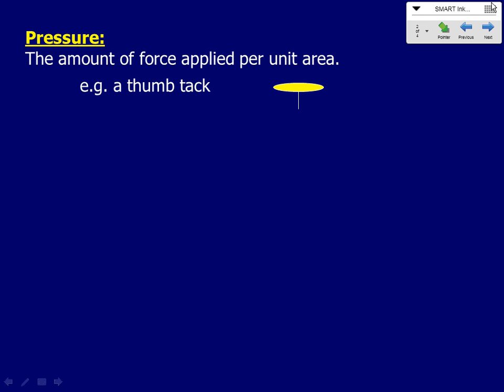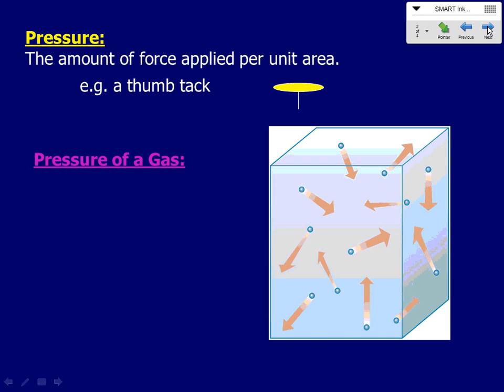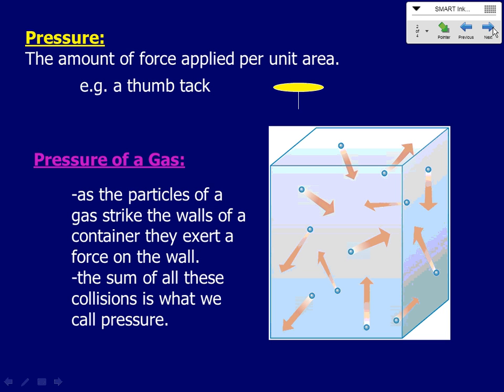We also talked about what causes gas pressure. Gas pressure is caused when the particles of a gas, so the molecules or atoms, I guess you could have atomic gases, strike the container, and as they strike the surface of the container, that little contact applies a small force, and that little force exerts a small pressure. If we could sum up all of those little collisions, then we would have what we call the pressure.